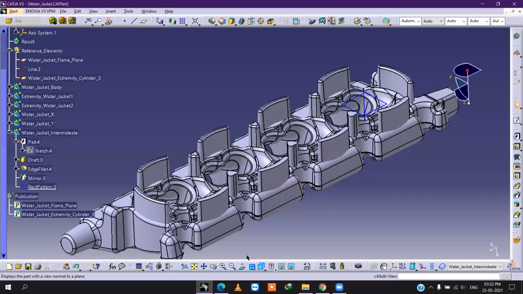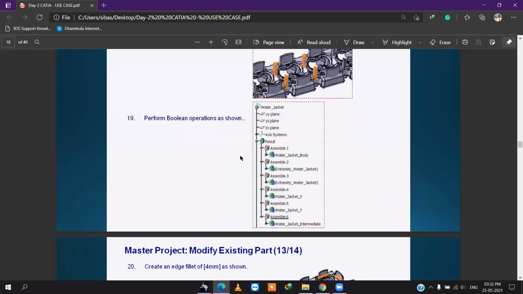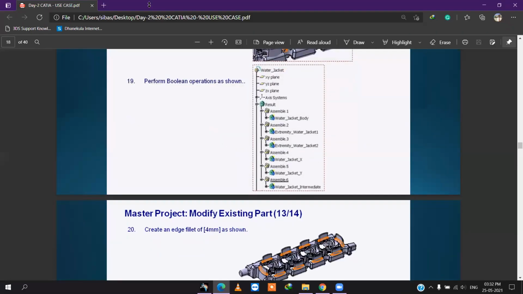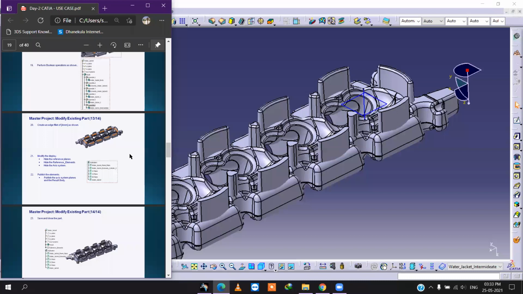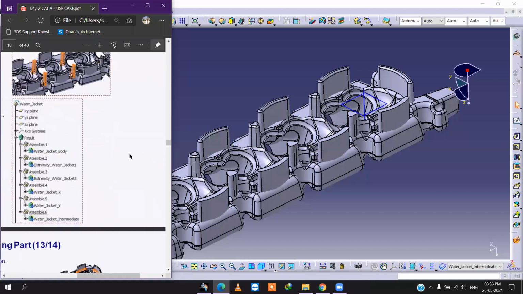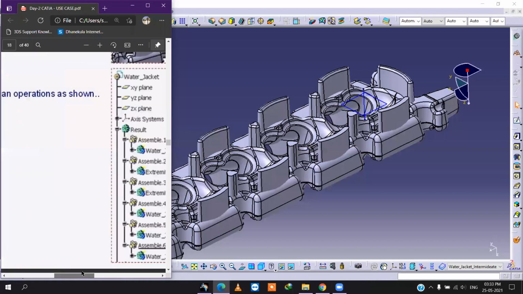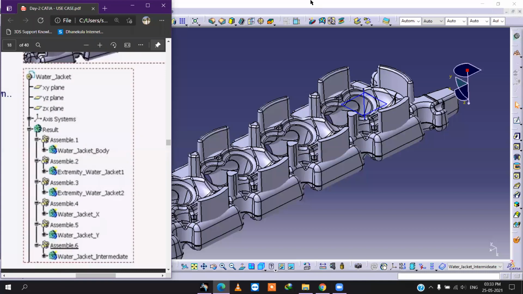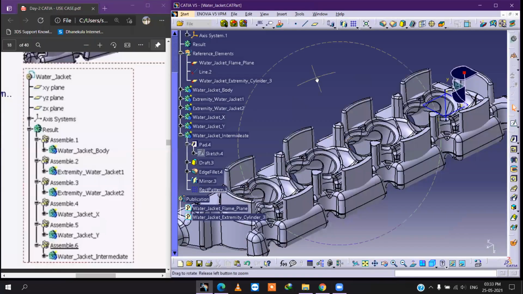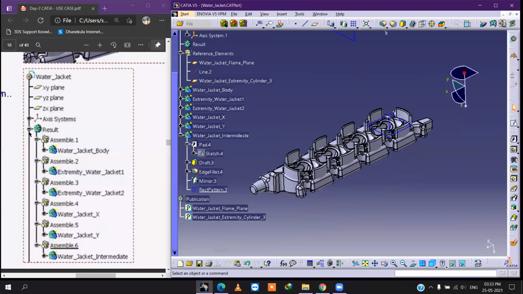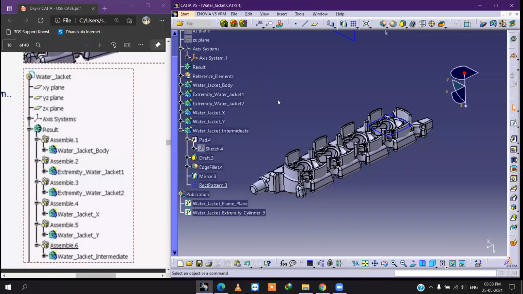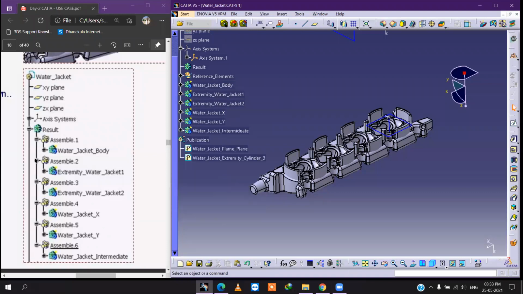Okay. After this, we have to do the Boolean operation. Okay, here is the result body. We have to assemble with the result body.